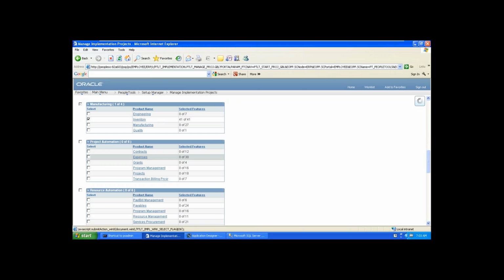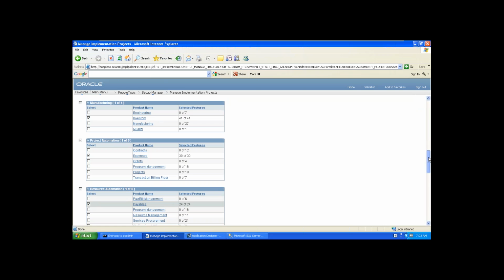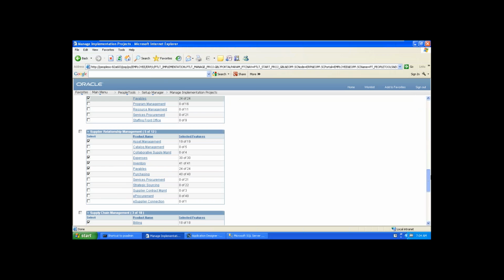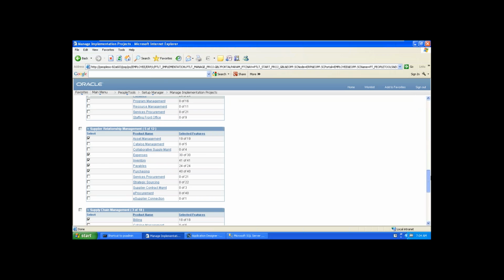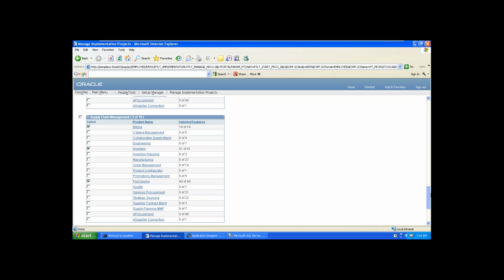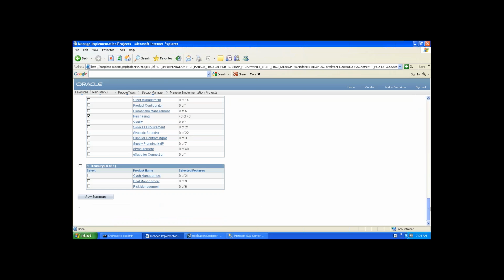Yeah, expenses and payables. Okay, so we almost selected all the important modules, right? Now you need to click on the summary.